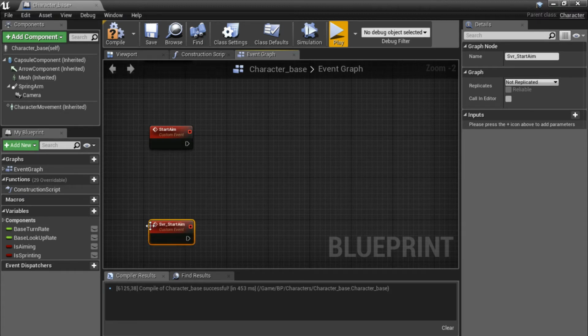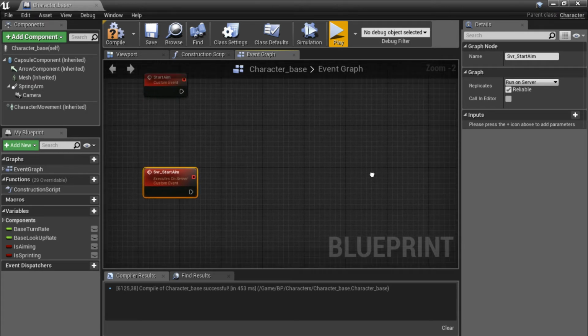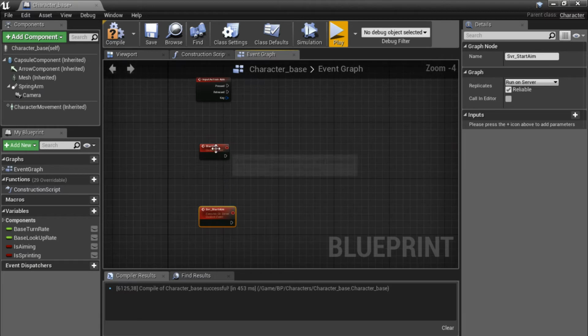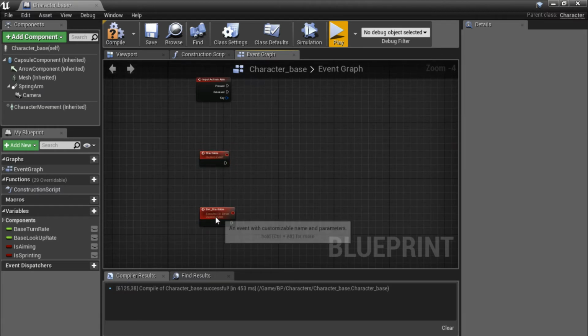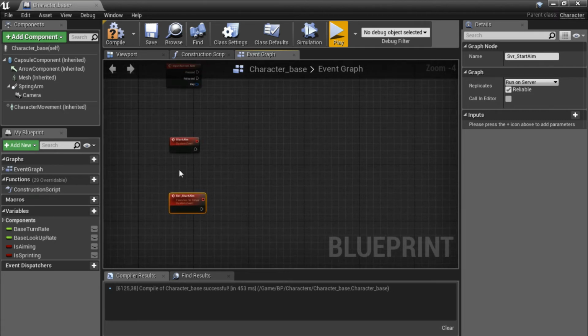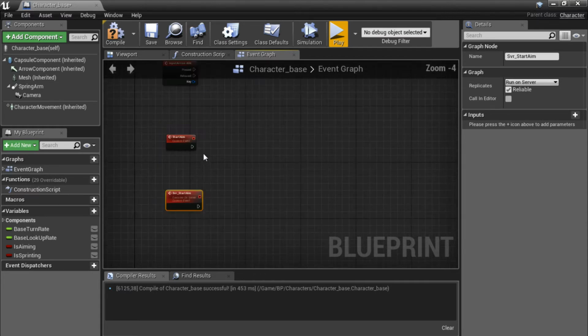Just like that. Now for the server start aim, you want to make sure it replicates and it runs on server right here in the details panel, and you click the reliable flag to make sure it won't get dropped. So it's almost certain to make it to the server in a multiplayer game, and it's considered important information basically. Now if you look at this, it executes on the server only, so we can use it to tell the server